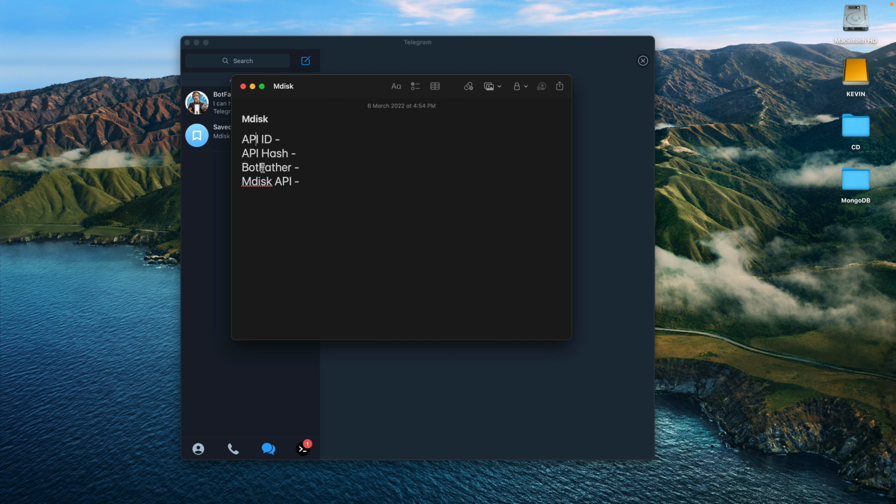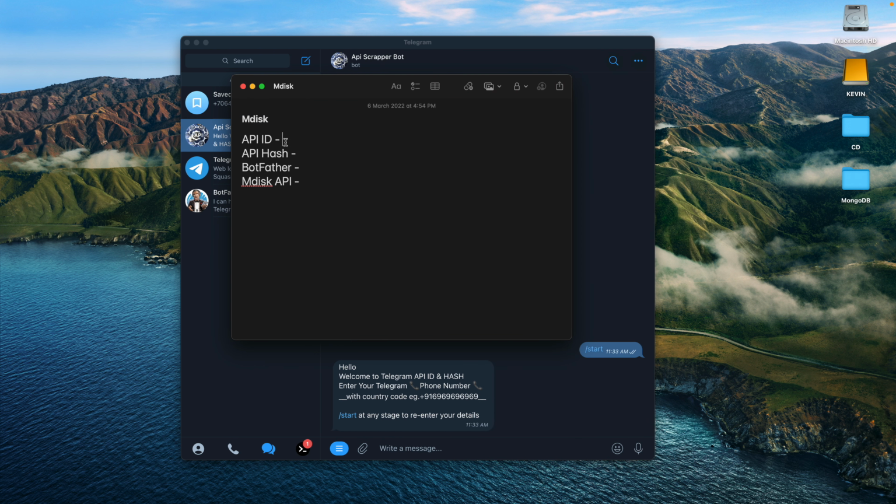In bot father, we will get the bot token, and then the MDisk API. This is very important. If this value is not there, the bot won't recognize that the account is yours. So let's get started. First of all, to get the API ID, we have to go to